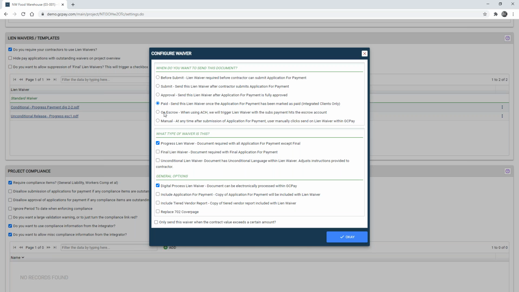There is an additional ACH feature that is available for GCPay, which will actually provide the lien waiver exchange through the use of an escrow account, which means that we will send the waiver once payment hits an escrow account, ensuring that waiver payment exchange. I'm going to leave this as before submit today, but just wanted to highlight a couple different options on how you might configure your waivers.